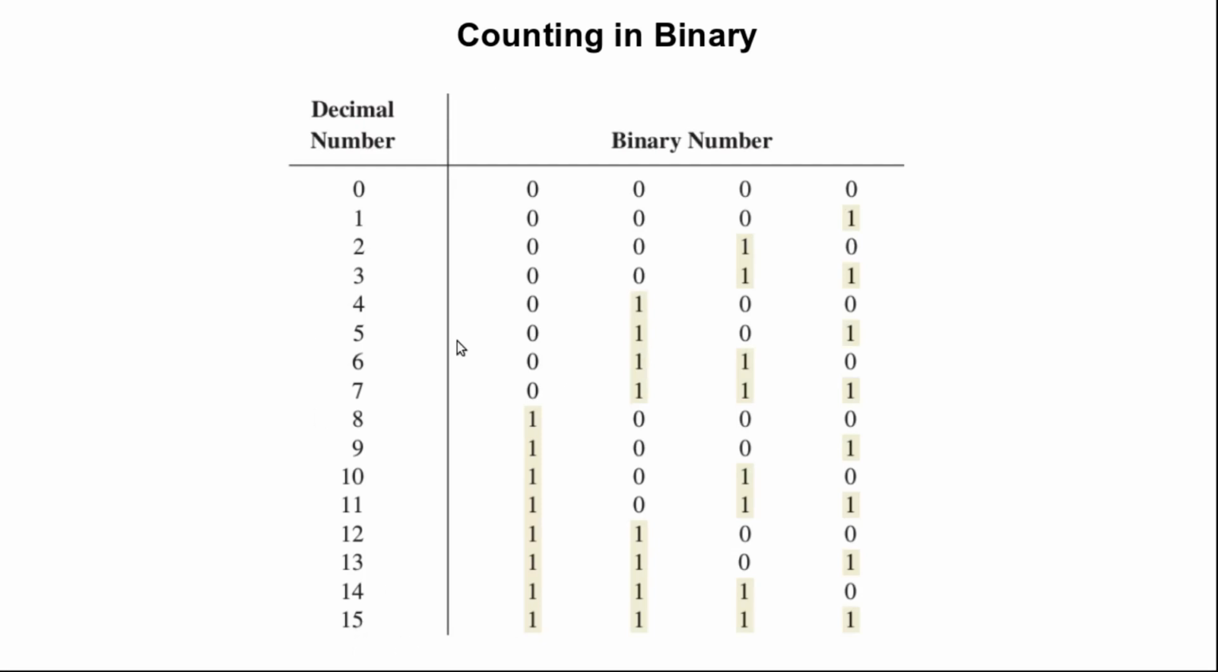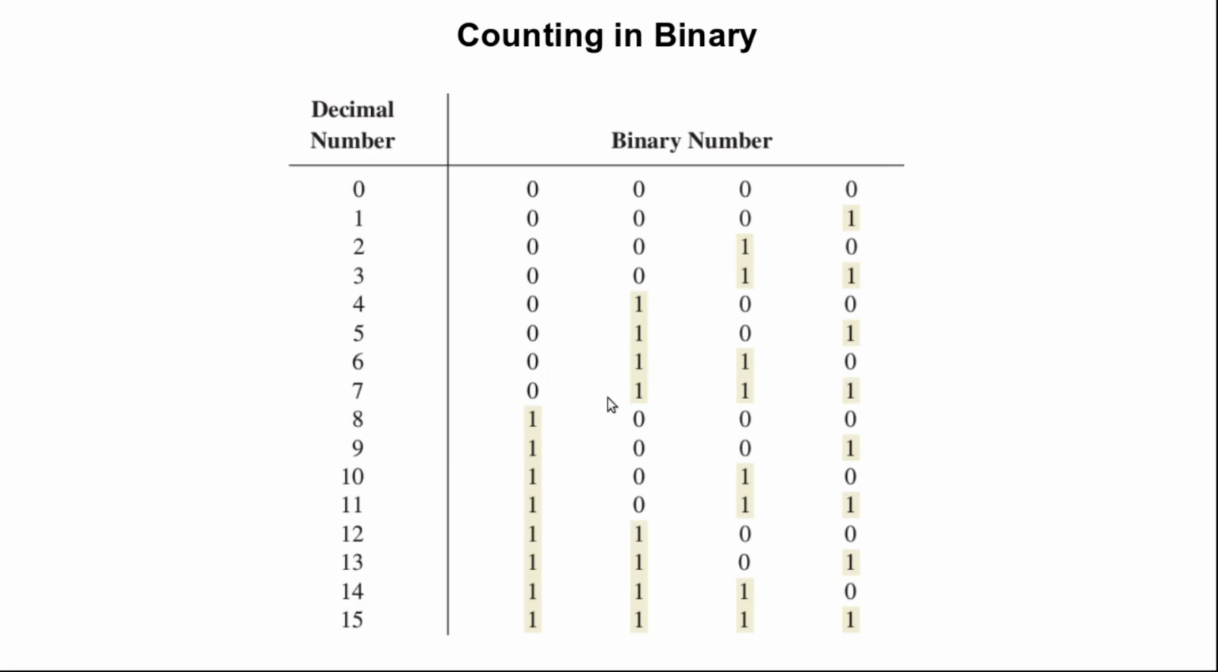And please remember this table also. So 0 using 4 bits is represented as 0 0 0 0, 1 is represented as 0 0 0 1, 2 is represented as 0 0 1 0, 3 is represented as 0 0 1 1, 4 is represented as 0 1 0 0, 5 is represented as 0 1 0 1, 6 is represented as 0 1 1 0,